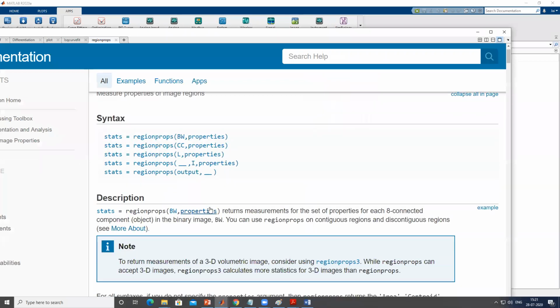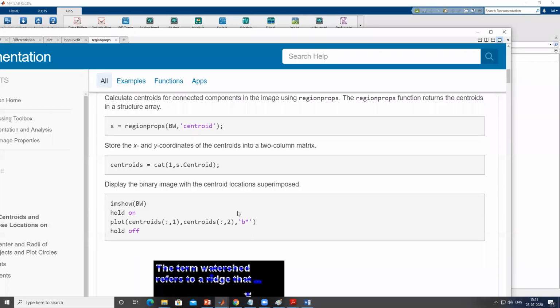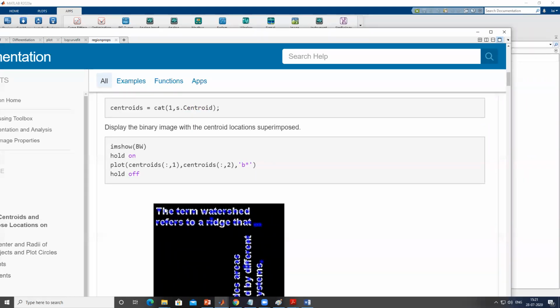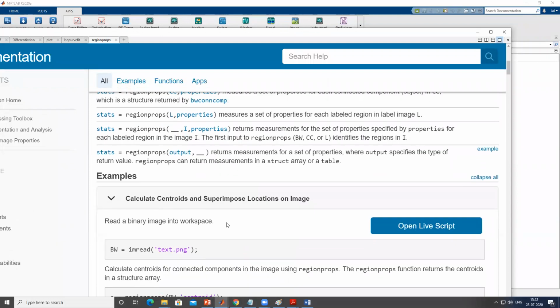Okay, so basically regionprops, what it does, it covers the area of the pixels which are distinct from each other. Okay, and suppose, like here they have taken one example in which they have written some word in thick bold fashion. So it will check for the continuity of the white pixel. Whenever the continuity drops or the other black pixel appears, it will define that this is the boundary of the T and what is the centroid position of that T pixel. So it can calculate the centroid. It can calculate the area of that white pixel patch. Okay, so I'll show you what are the different properties that we can extract using regionprops.